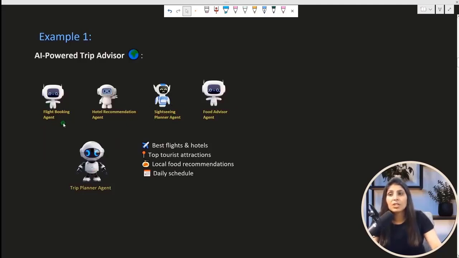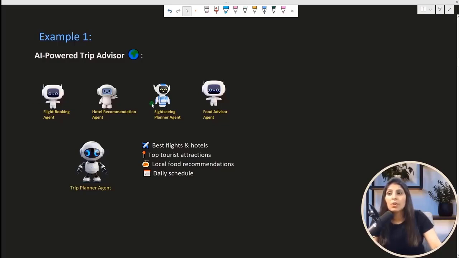The flight booking agent will help provide the best deals on flights. The hotel recommendation agent will provide hotel recommendations. The sightseeing planner agent will provide the list of sites which a person can visit. And then this food advisor agent can provide the best food options in the area.